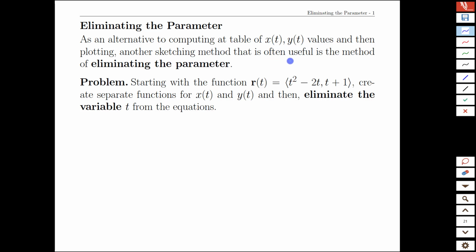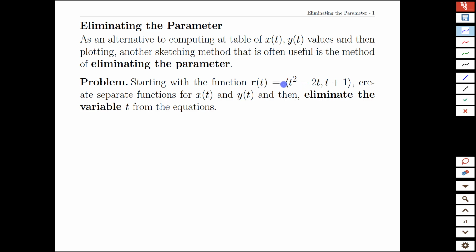Now that we've considered some vector-valued functions or parameterized curves, we can see some of the challenges of trying to sketch them. We end up with this fairly tedious process of computing a table of values for each of the x's and y's and connecting those. We have lost a lot of our intuition that we would have had graphing regular y as a function of x graphs. So one of the strategies we can use is to try to leverage what we did before and take what we have as a vector-valued function, or a parameterized curve here, and look at each